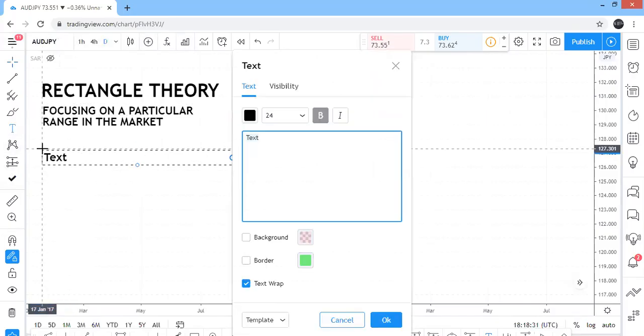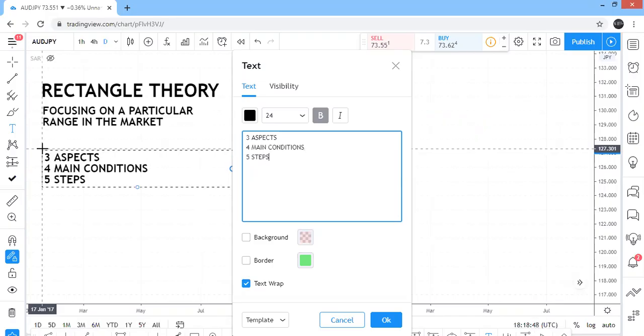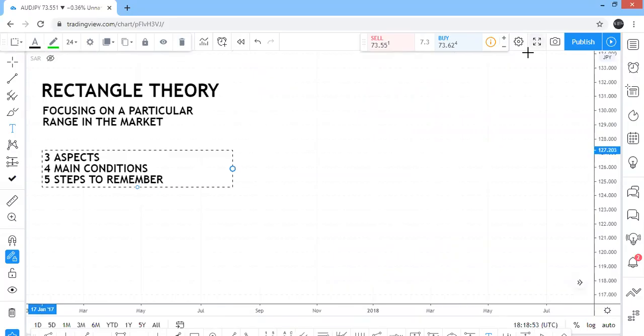Okay, so here we go. Three aspects. Four conditions, or four main conditions, and 5 steps to remember. Okay, with the rectangle,